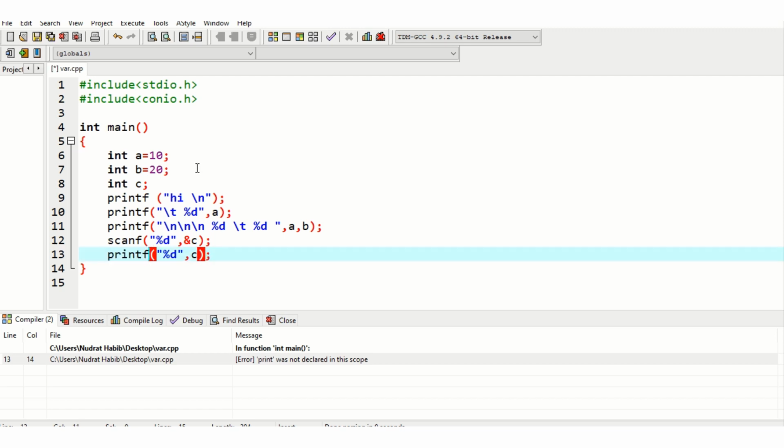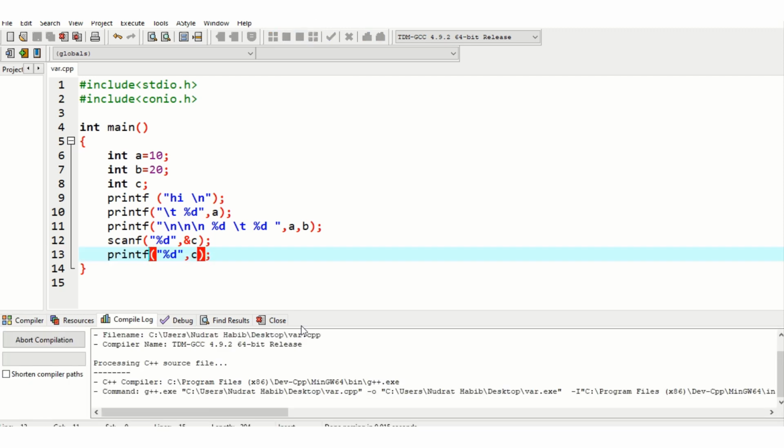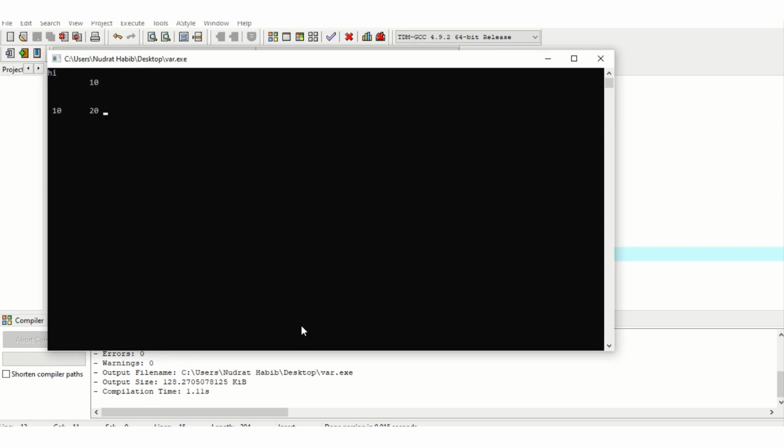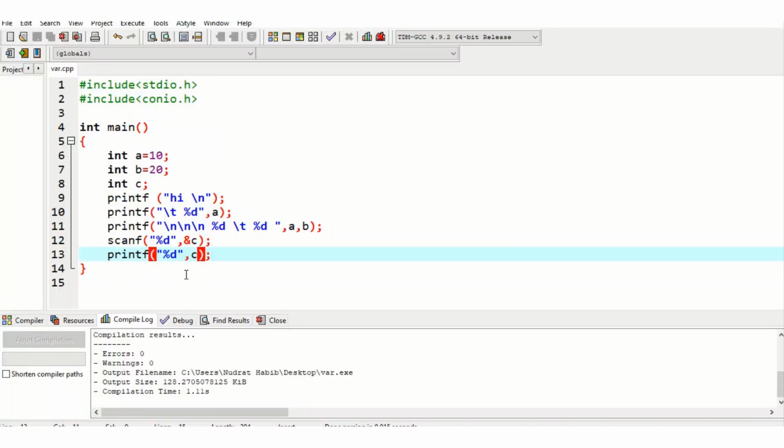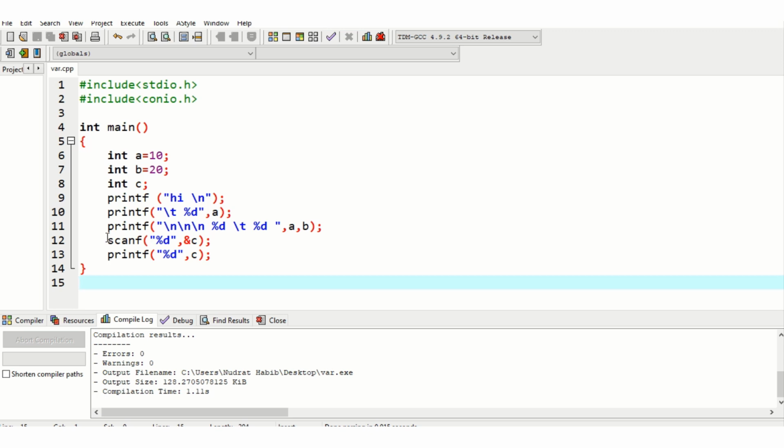Printf. 56 that I entered and 56 that is stored in variable C and then displayed. Okay, so this is the printf statement, this is the scanf statement.